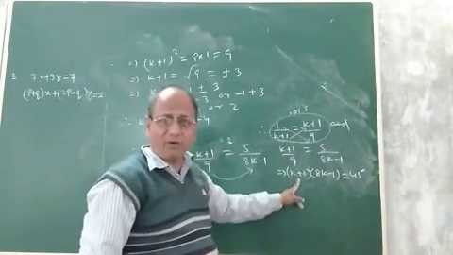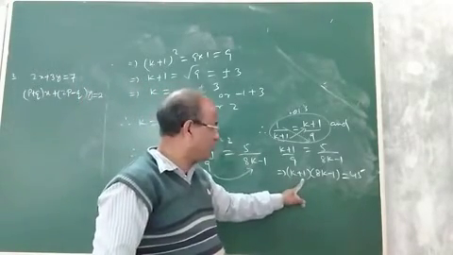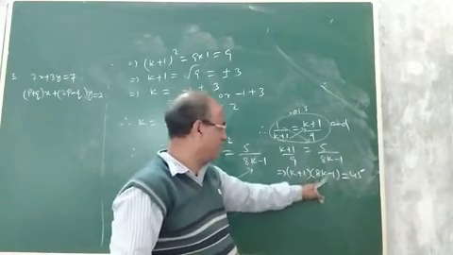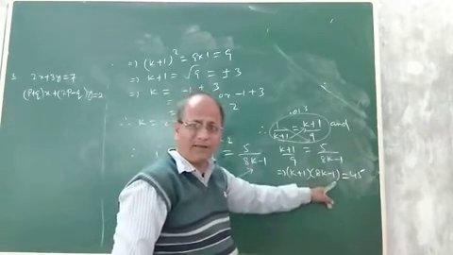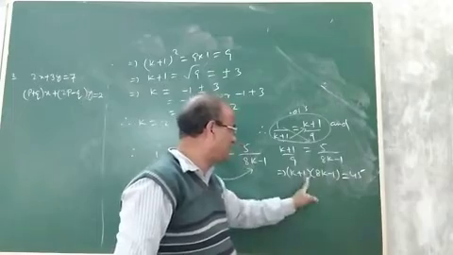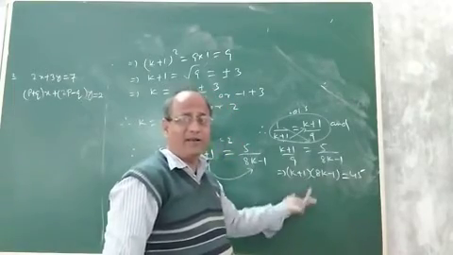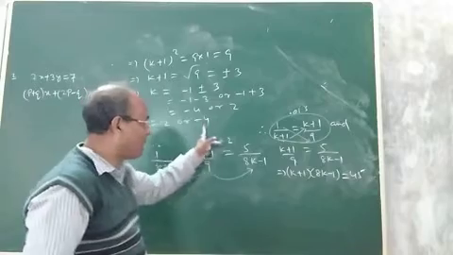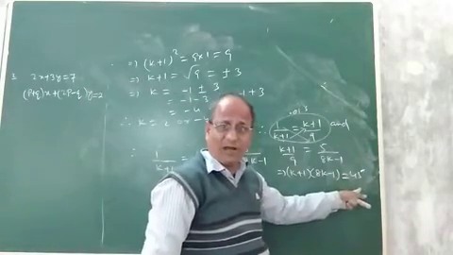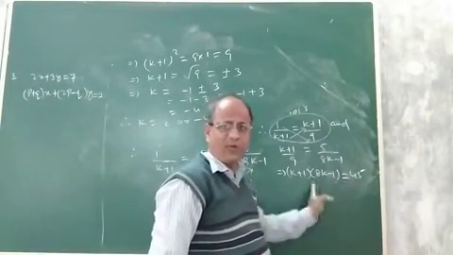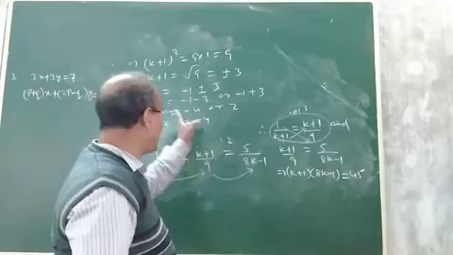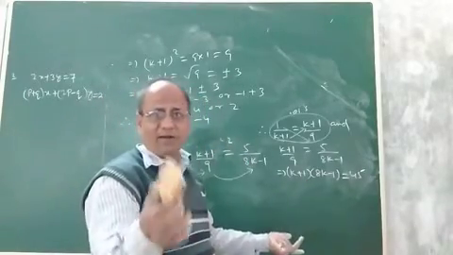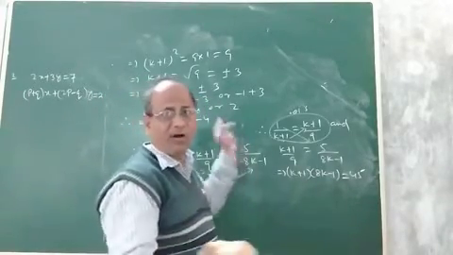But what about for k equal to minus 4? If you put k equal to minus 4 here, minus 4 plus 1 is minus 3. Then minus 4 into 8 is minus 32, minus 1 is minus 33. This is minus 33, this is minus 3. Minus 33 into minus 3 is not equal to 45. That means for k equal to minus 4, this is not satisfied. But for k equal to 2, this is satisfied. So definitely the value of k will be 2, not minus 4.